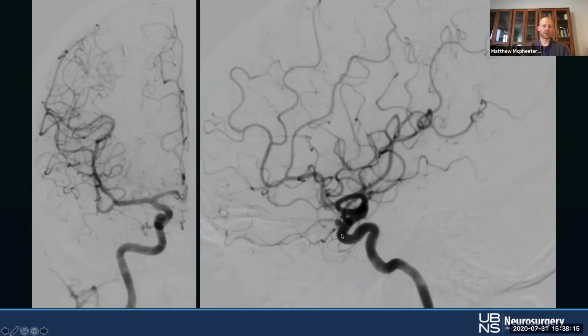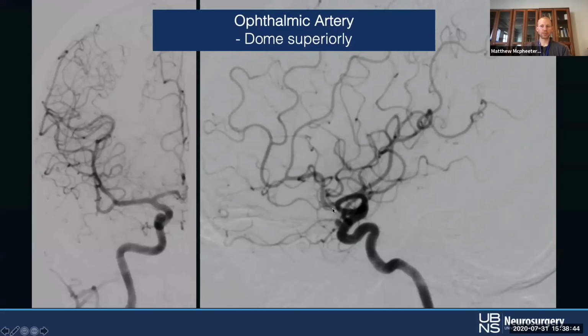But when you come around here, this is going to be your clinoid segment, and you get to your ophthalmic artery right here. You see this superiorly pointing aneurysm. It doesn't show up quite as well on the AP because it's hidden in the double density of the cavernous. But an aneurysm in the paraclinoid or supraclinoid ICA region, pointing superiorly, is going to be an ophthalmic artery aneurysm. So that's very classic. Whereas,